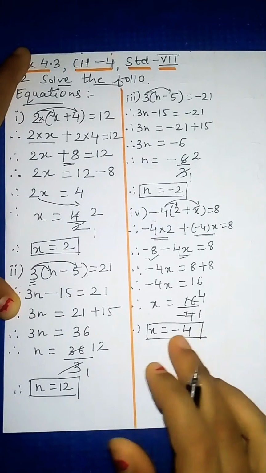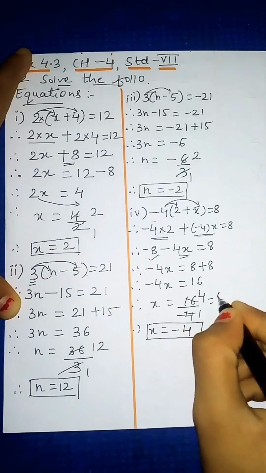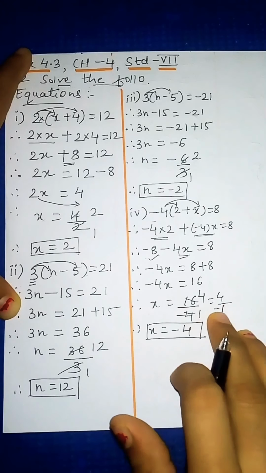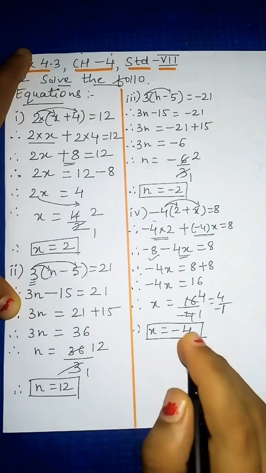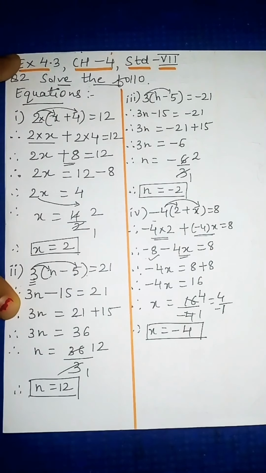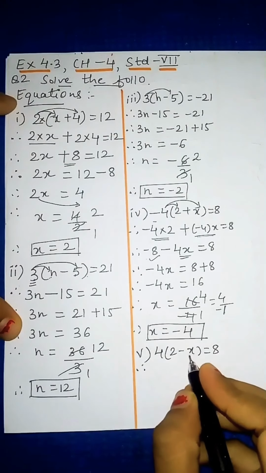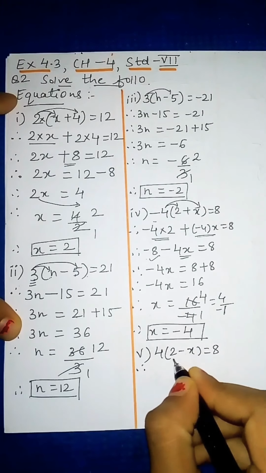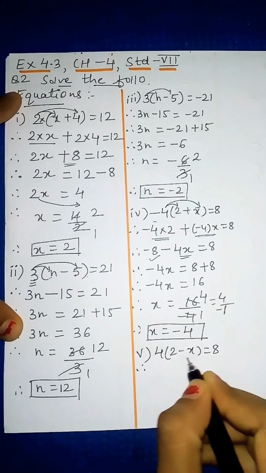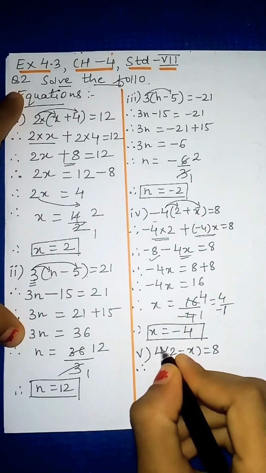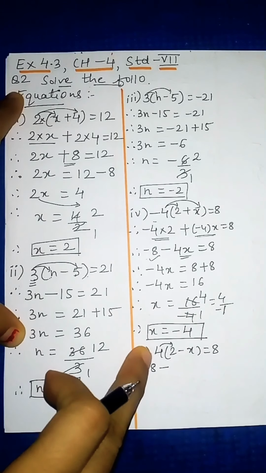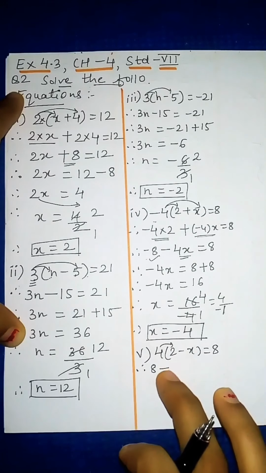x equal to minus 4. Okay, here 4 upon minus 1 is left. Now this upon minus 1, so this minus sign we can write it with 4. So actually the answer is minus 4. Now we will see the last sum of this question. So this is the question. 4 into bracket 2 minus x equal to 8. Again this 4 we will multiply with both inside the bracket. So 4 into 2, so 4 2s are 8, minus, now here minus is not there. So this will be as it is.